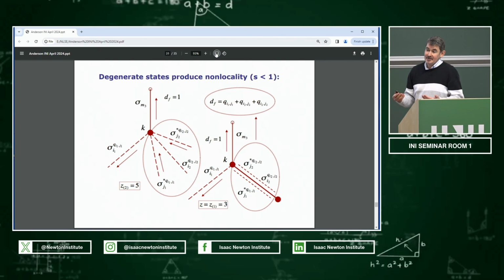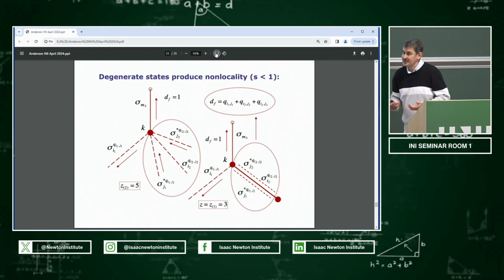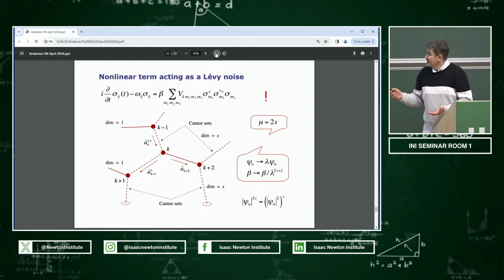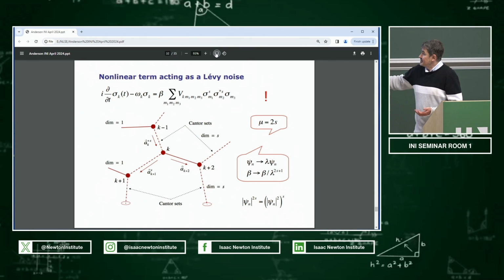And finally, you say that because you identify your states, the presence of degenerate states is the same as the presence of non-locality. They introduce some sort of non-local behavior, because non-locality occurs from identifying different wave processes which you cannot distinguish. So all in all, it would appear that your system is equivalent to a nonlinear oscillator driven by a noise process with non-locality inside, that is, by Levy white noise. And from this you can build